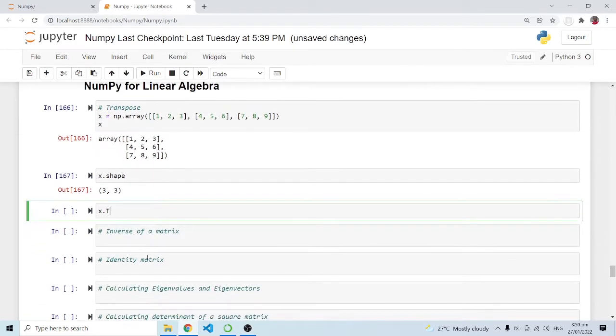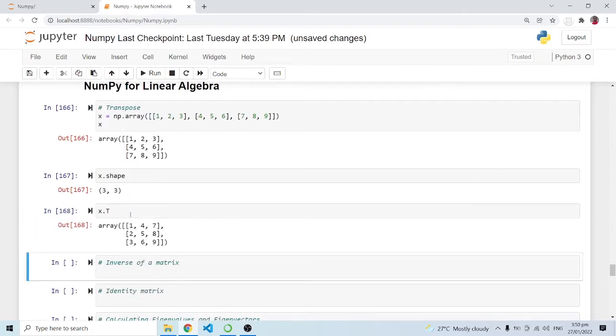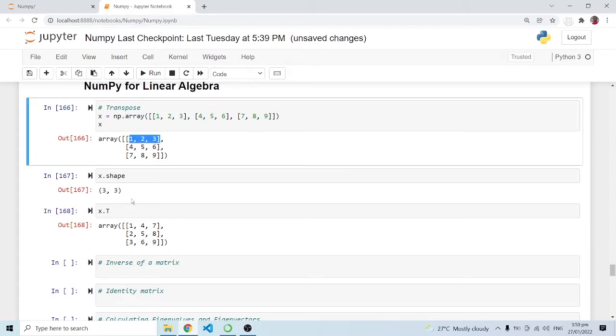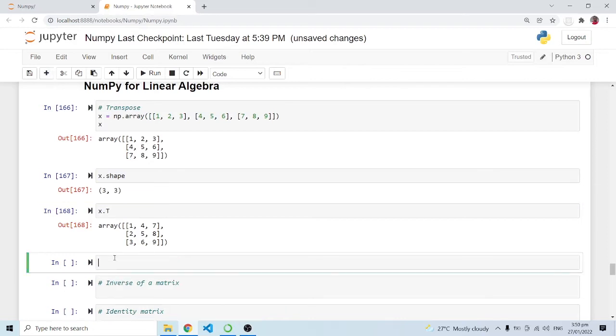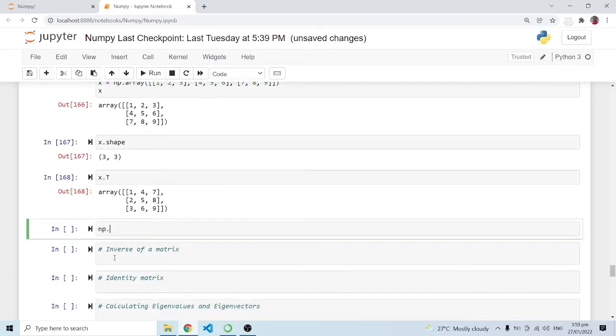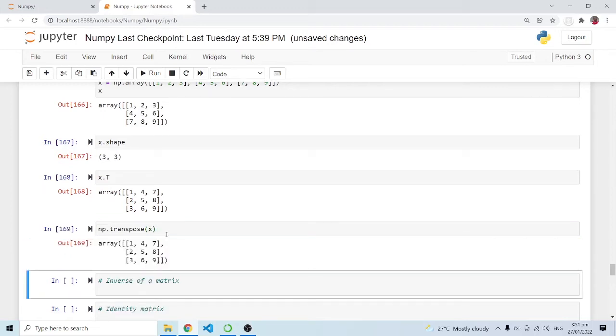So when I do an x.T and run this, as you can see, this array over here or matrix has been transposed. And that's exactly what I was referring to. So 1 2 3 is now 1 2 3 in this column, and 4 5 6 is now 4 5 6 in this column, and 7 8 9 is now 7 8 9 in this column. Now there's one way of doing it, and let me show you another way of doing it. So let me bring this out over here, and this is the NumPy way of doing it. So I can do np.transpose. So I just do np.transpose and pass the matrix over here, and when I run this,